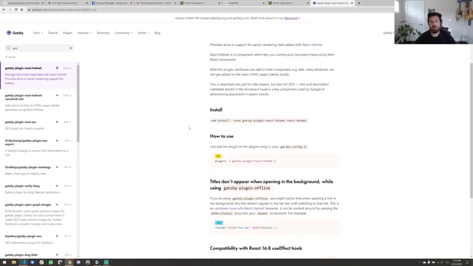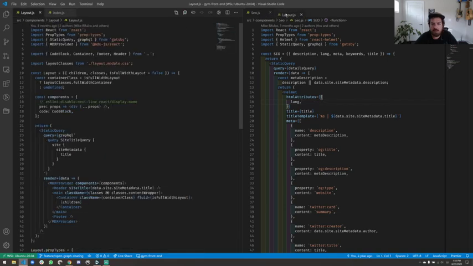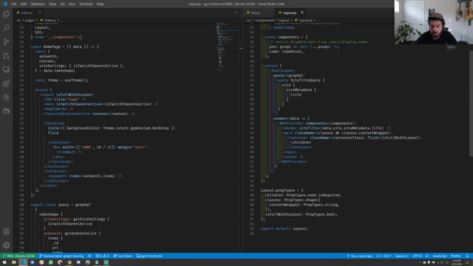Well, all right. I also want to show one more thing before I get too deep into that. In our layout component as well, we should have a fallback SEO component, which we aren't currently rendering from the looks of it.